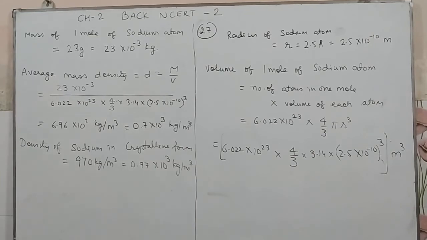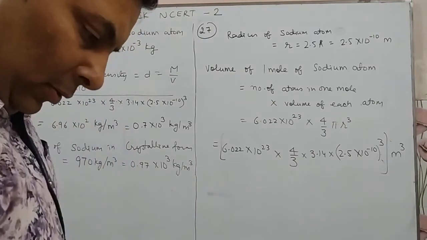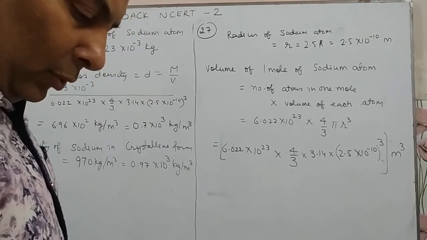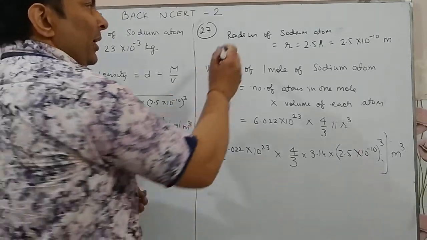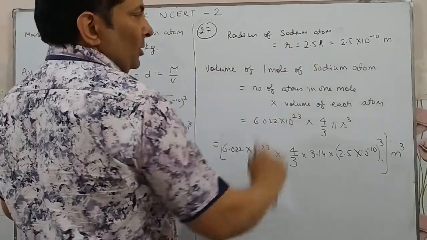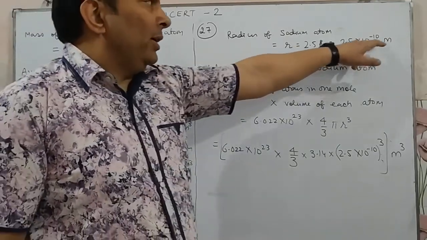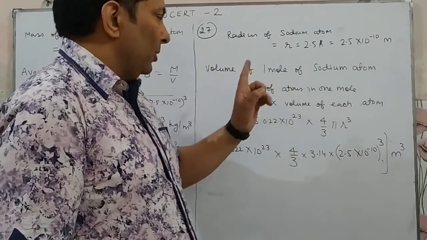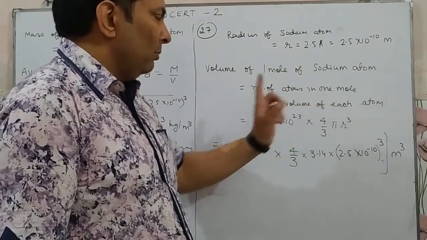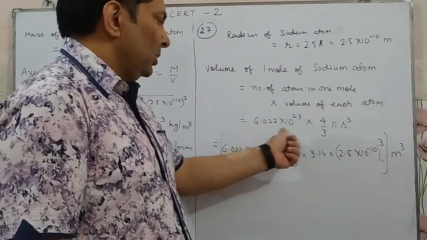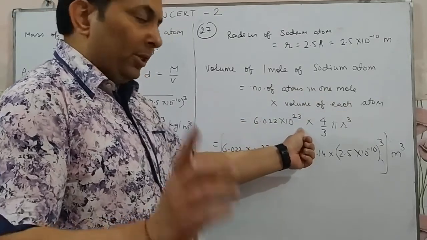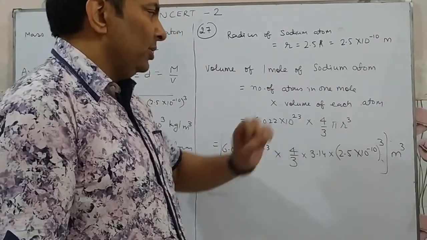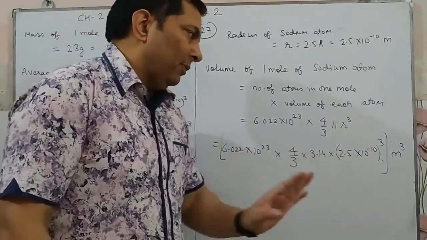Now this is a discussion of question number 27. In question 27, they have given us some data and they have told us to compare the densities of sodium metal from the both. Okay, so first of all, they gave us that the radius of sodium metal is approximately 2.5 angstrom. Okay, and we have converted it into meters. Then we find out the volume of 1 mole of sodium atoms. That is the number of atoms in 1 mole multiplied by the volume of each atom. This is the number of atoms in 1 mole that you will study in chemistry. This is 4/3 pi r cube, the volume of each atom. Putting the values, we have this result. We are leaving it as such.